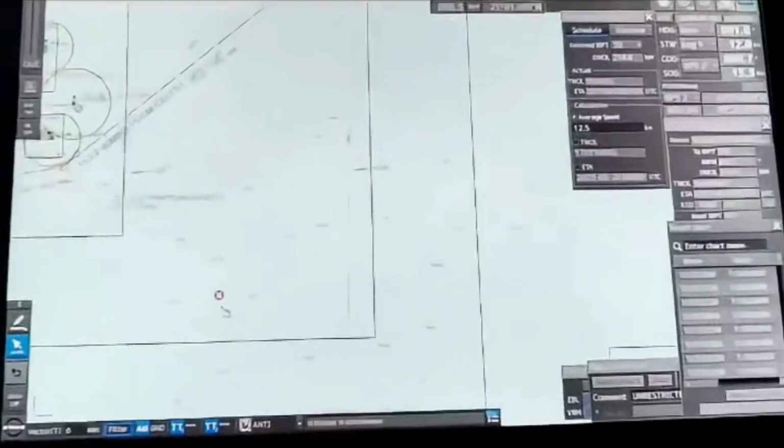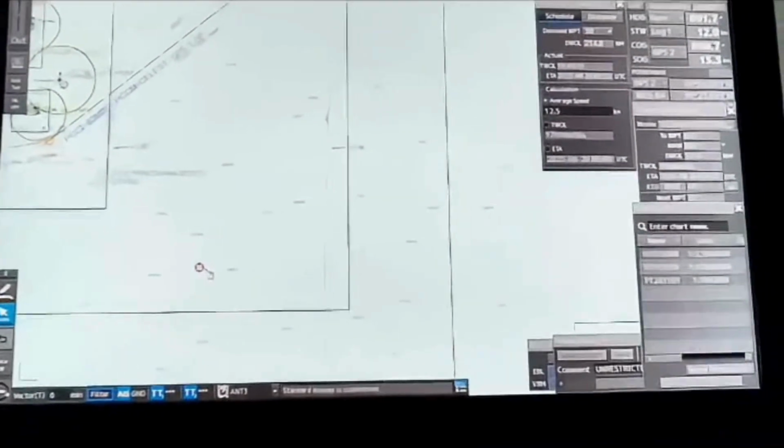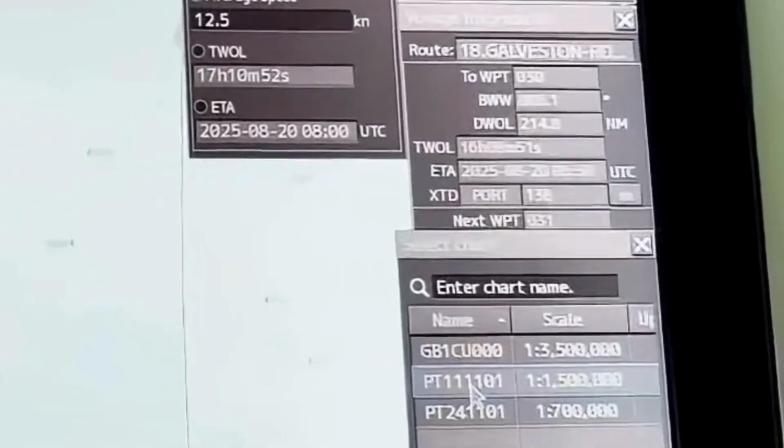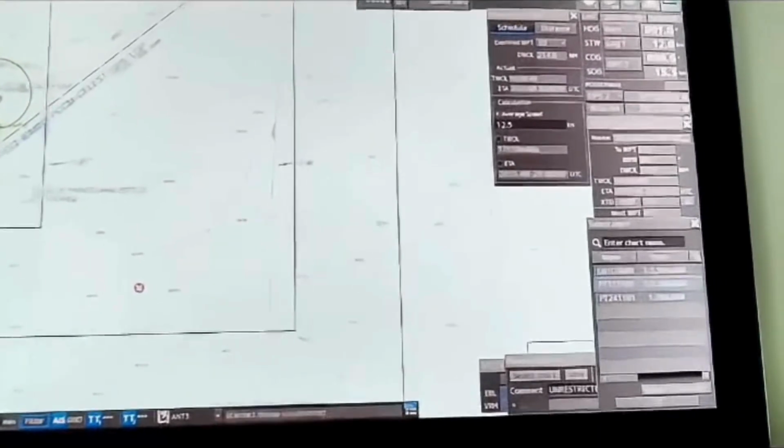For example, this one, if you can see this manual update, so select this chart. This you must know the chart. So this one, for example, PT11101. So then okay,